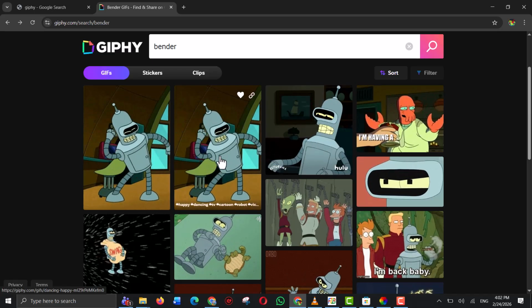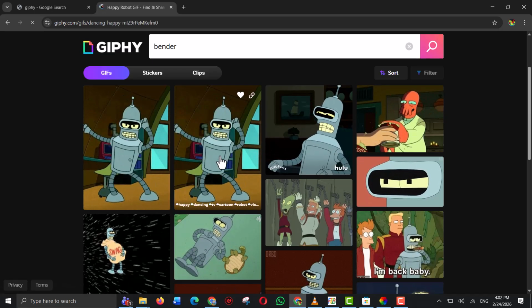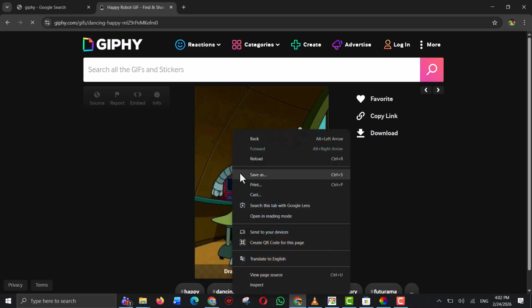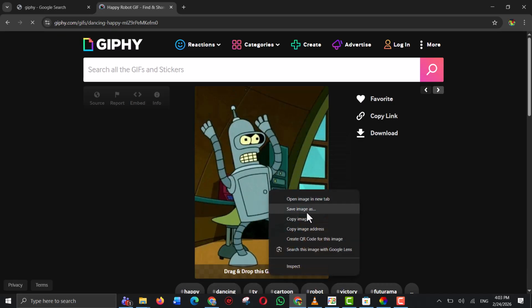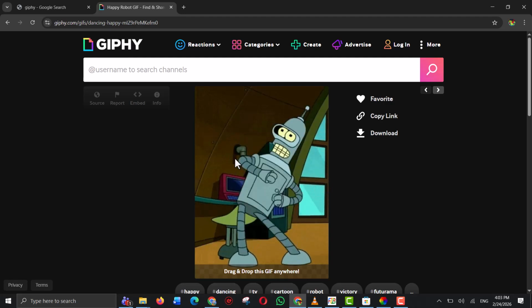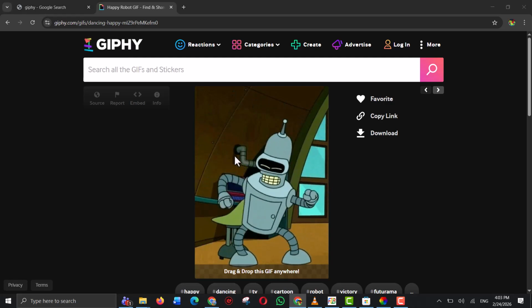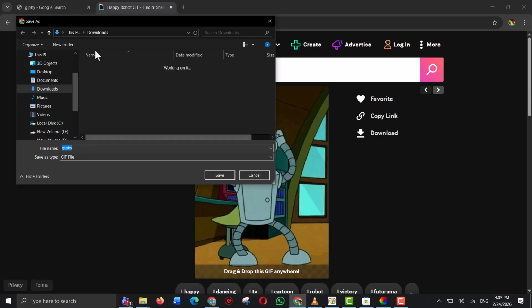Step 2. Right-click on the GIF you want and choose Save Image As. Make sure the file format is GIF. Then save it to an easy location like desktop or downloads so you can quickly find it later when setting